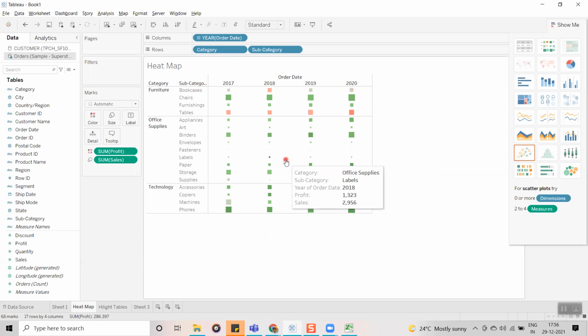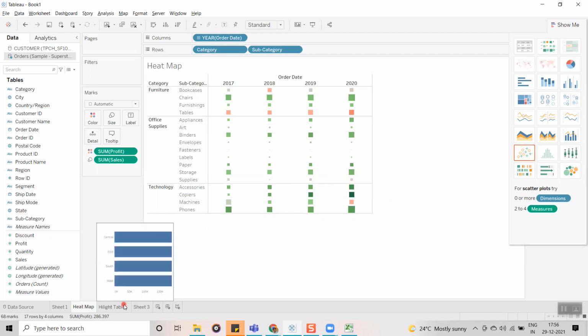But if you want to display the data at a lower granularity, then it is not going to work. Whenever you are showing the visualization at high level categories, high level granularity, then it is the best suitable graph. Remember that. Highlight tables are also the same.